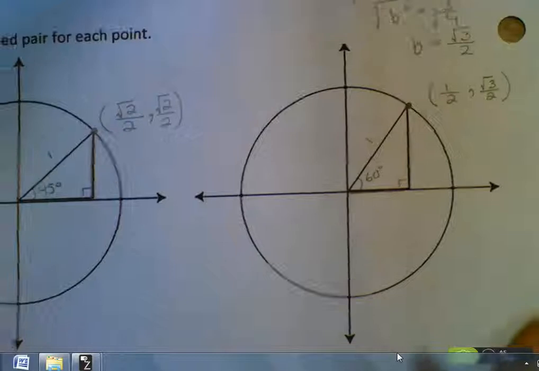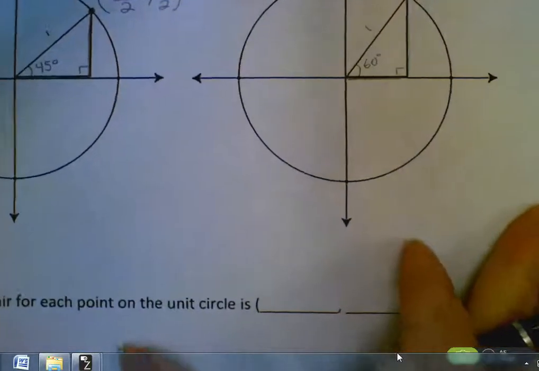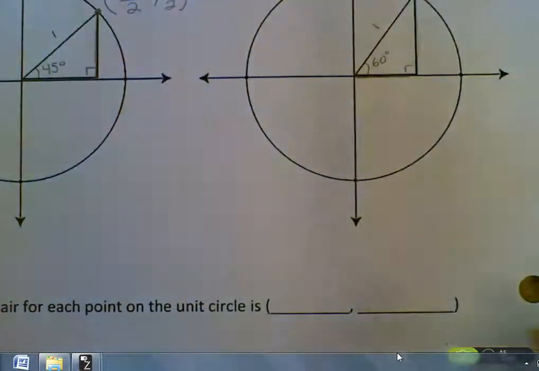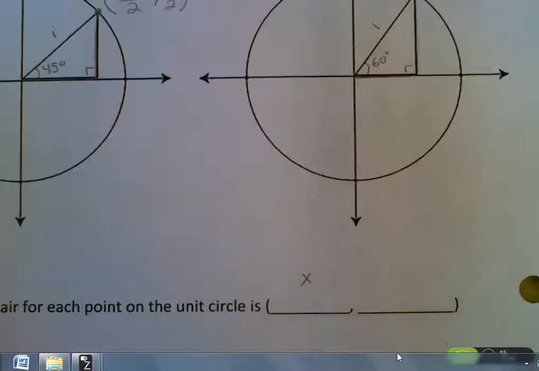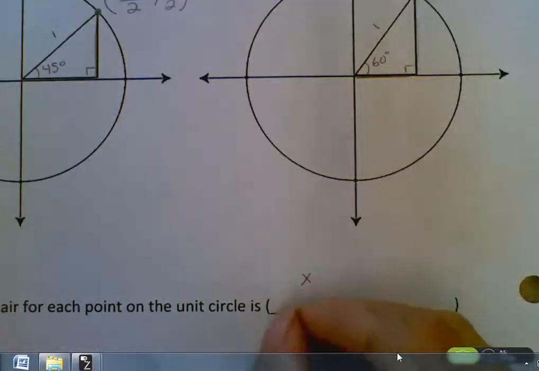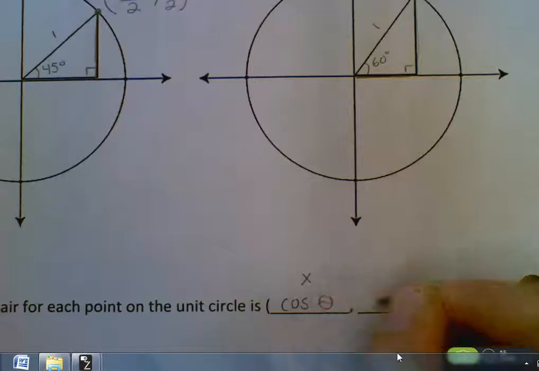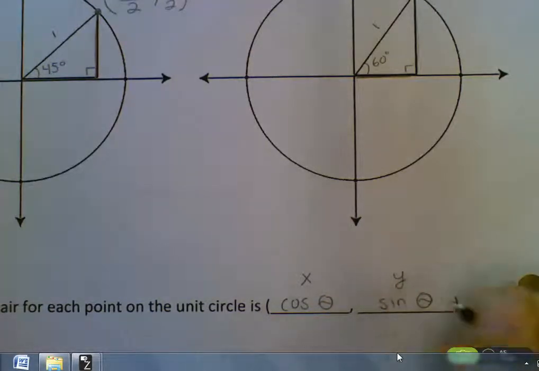Hopefully you remember this from pre-calc, but if not, it says the ordered pair for each point in the unit circle is... do you remember what the x value represents? Take a moment so you can kind of remember it. It's going to be our cosine theta, and the y represents sine theta. Okay? And if you're thinking about tangent theta, remember how it is basically like your slope. It's your rise over your run,